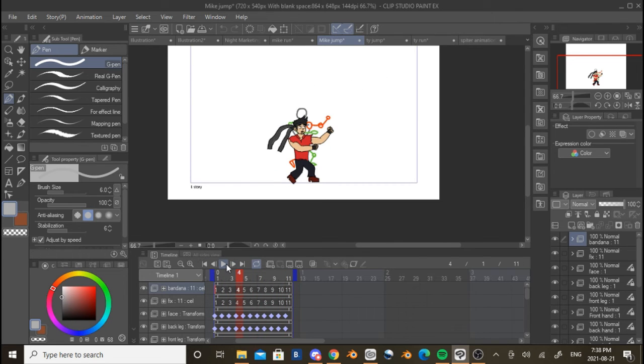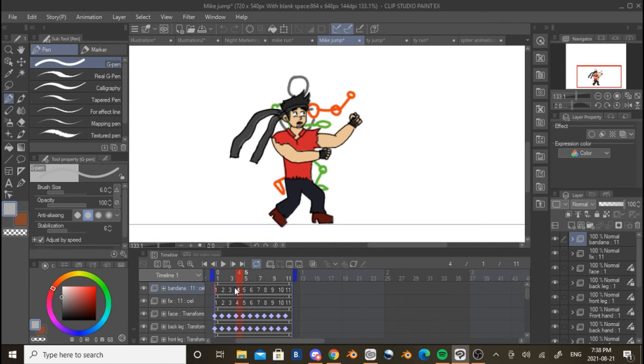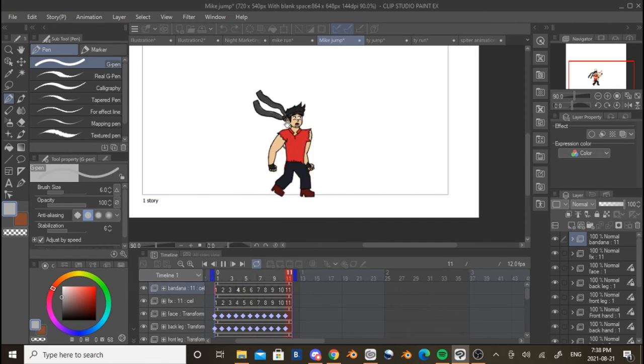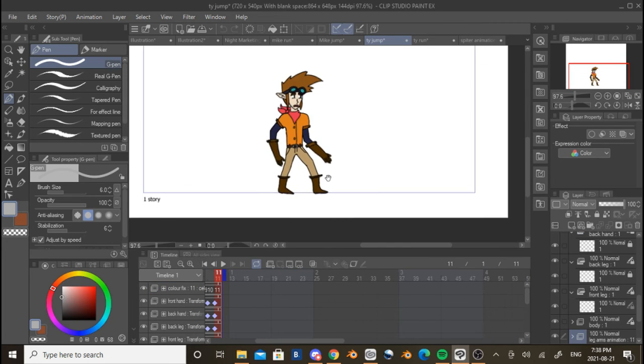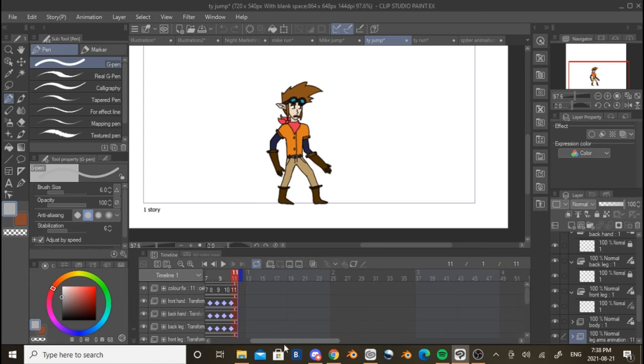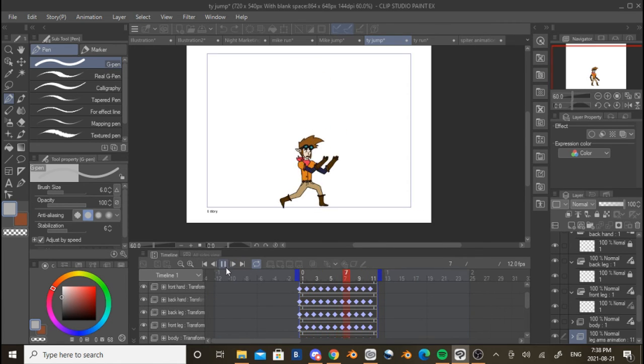Obviously I had to move it down because it's a game model for when they jump. So it looks a little interesting, but it really looked cool. The bandana, I think I kind of put good weight behind it. And then it was just the tie jump. And this one looks janky too, but